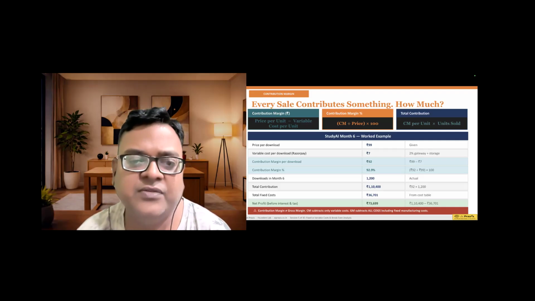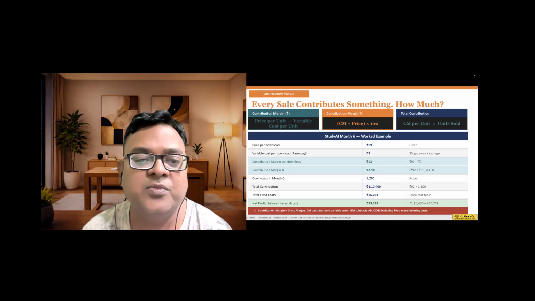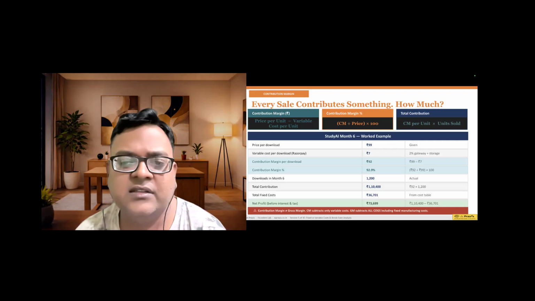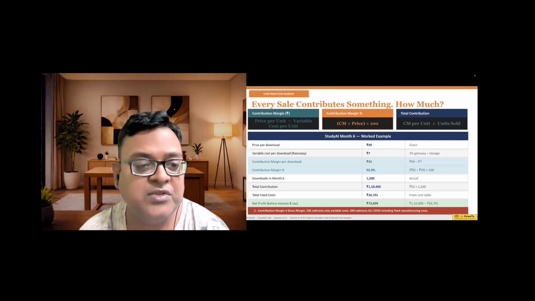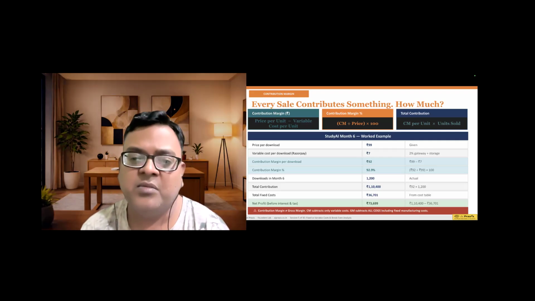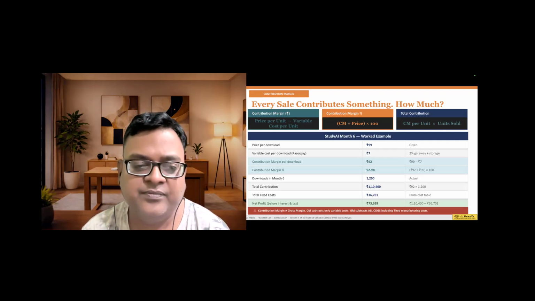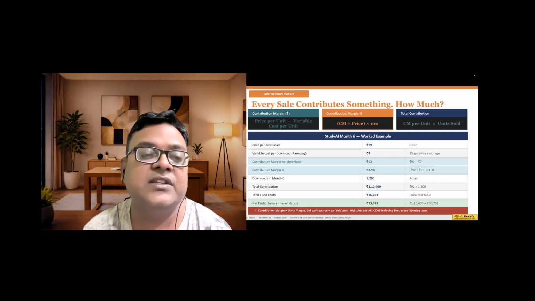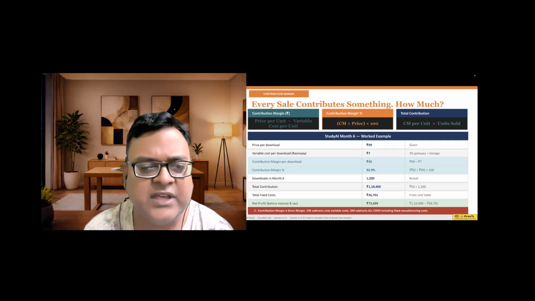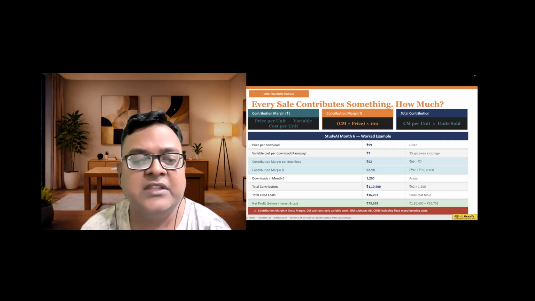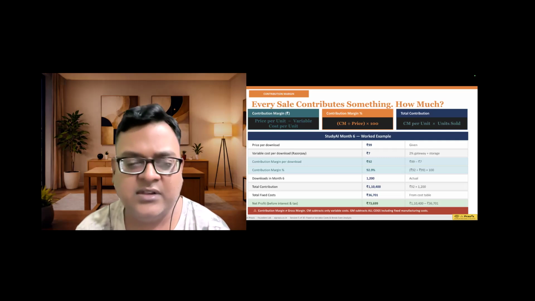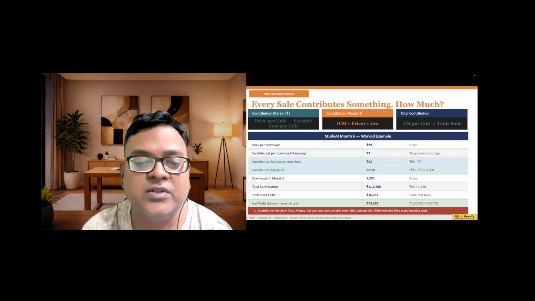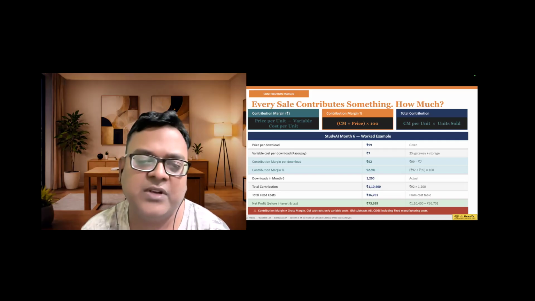Let's understand. Take the example of Study AI. The price per download is rupees 99, which is given, but the variable cost per download, and that is the 2% gateway, which is rupees 7. So the contribution margin per download will be 99 minus 7, which is 92 rupees. And contribution percentage is very simple. 92 divided by 99 into 100, which is 92.9%, closer to 93%. Downloads in month 6, so it's 1200. Actually, this is the number that we've been using for the past 4 sessions. So the total contribution will be very simple. 92 multiplied by 1200, that is